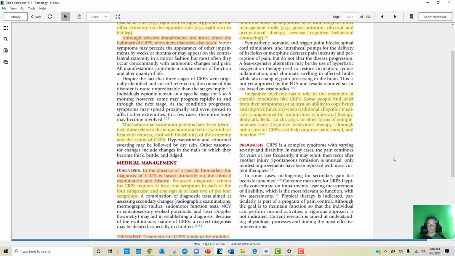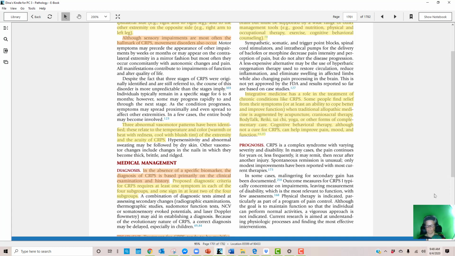Spontaneous remission is unusual. Only modest improvement has been reported with most current therapies in some cases. Malingering for secondary gain has been documented. Outcome measures for CRPS typically concentrate on impairments, leaving measurement of disability, which is the most relevant to function,